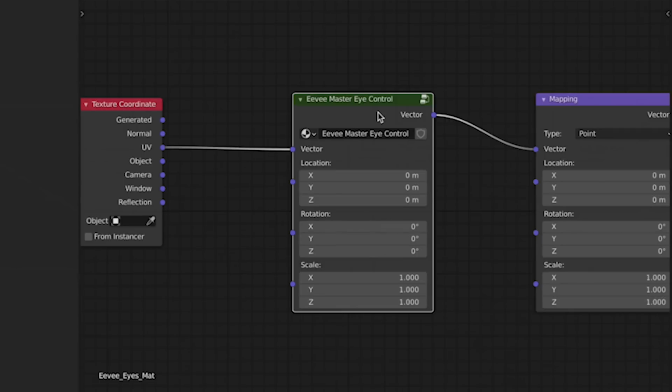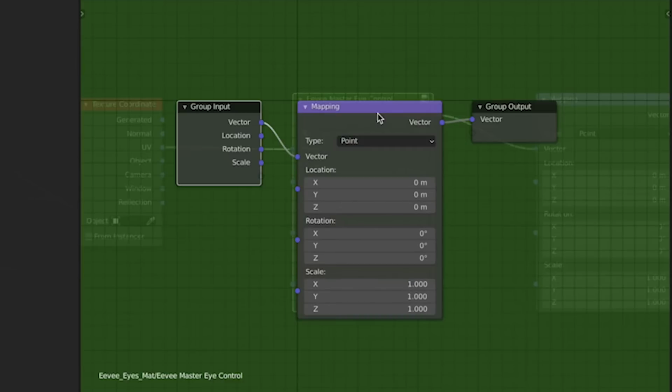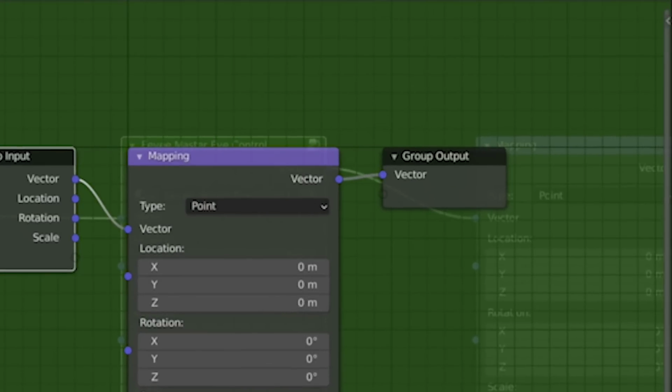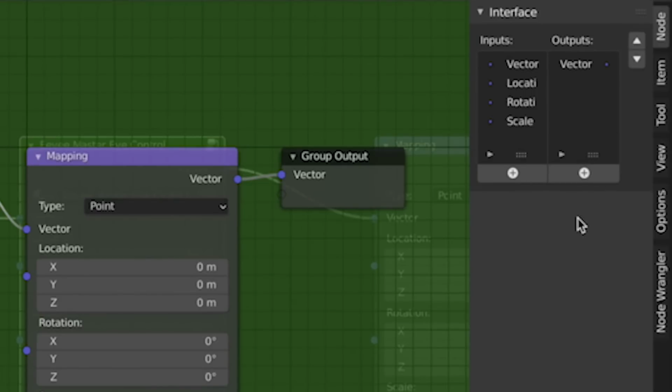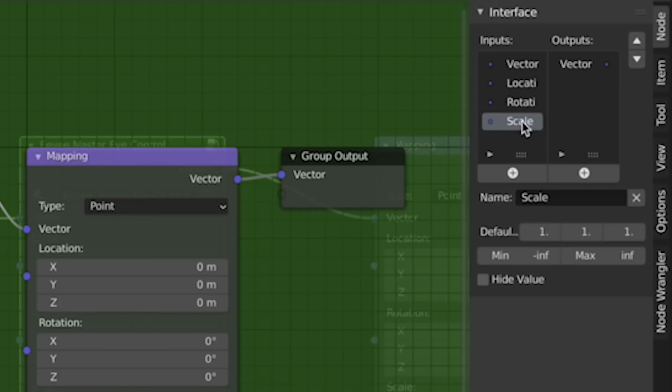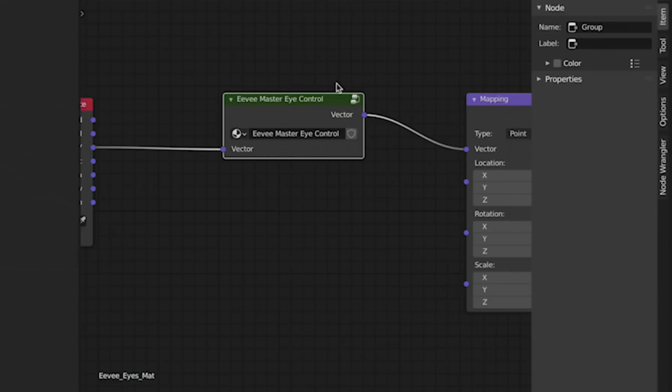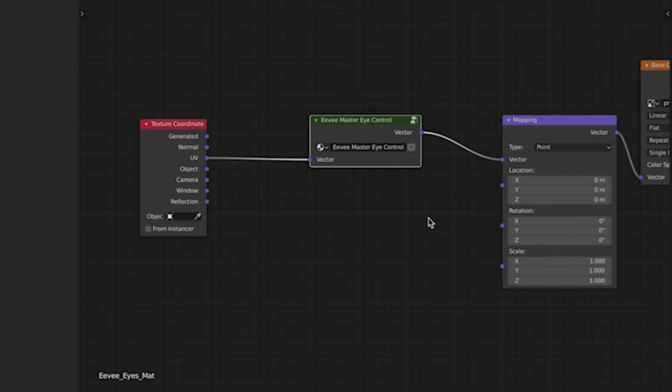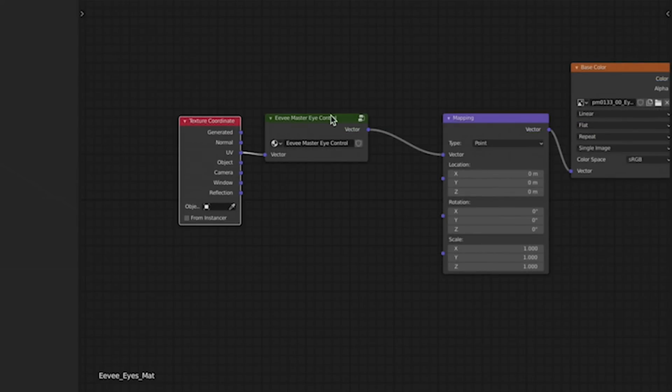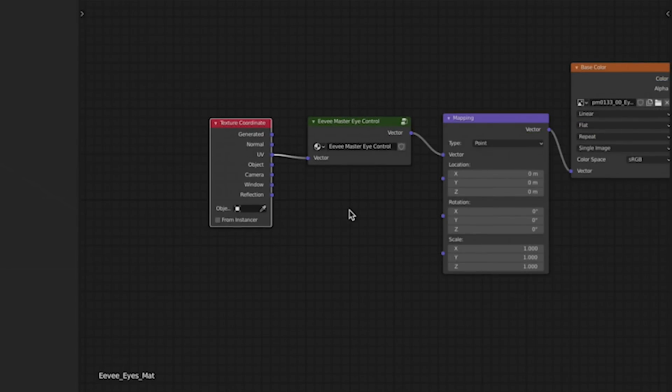That said, we're going to want to remove these bars so that we don't get confused later on. So select the node group and press Tab to enter it. From here, click this arrow in the top right corner and look under the list of inputs. We don't want these location, rotation, or scale inputs. So let's select and delete them one at a time using this X button. Keep the vector input around. Now if we tab out of our node group, it should look something like this. Position the nodes a bit closer to each other like so,